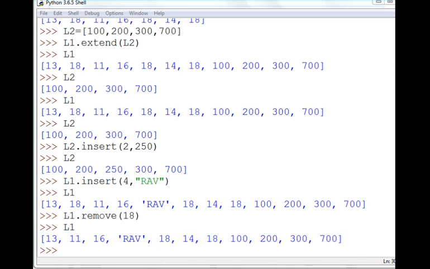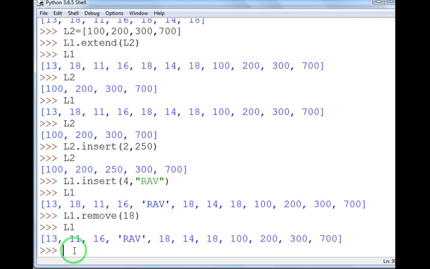This 18 is still there, this is still there. So this is the use of the remove function. If you want to remove an element, you can use the remove function, but the remove method is used to remove only the first occurrence of a given value from the list.